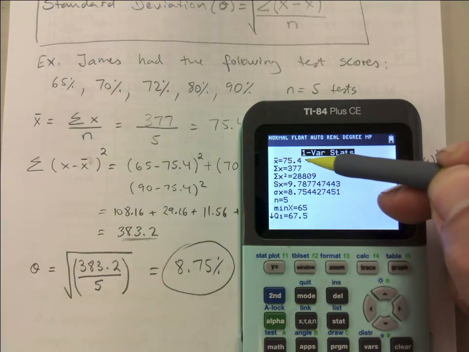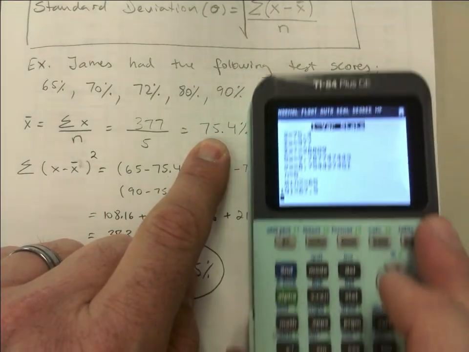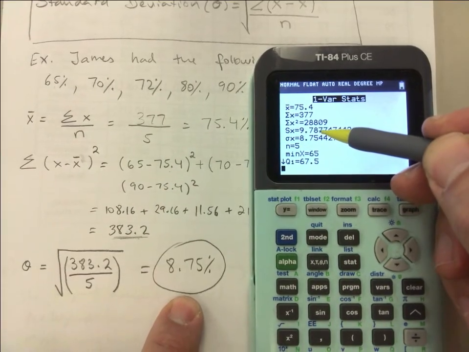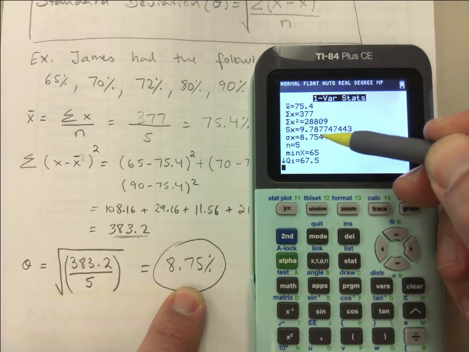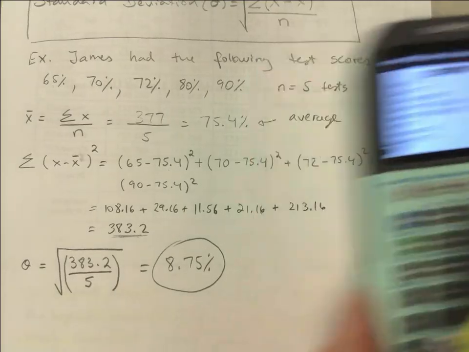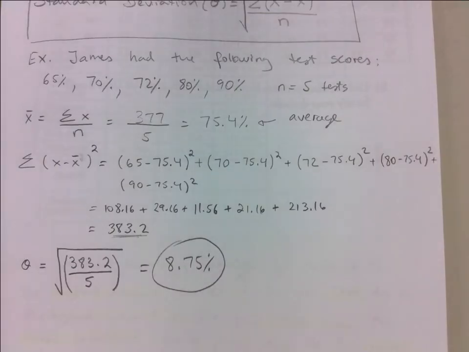First of all, I check my mean. It does add up to what I had, right? 75.4. And I also check my standard deviation, which is 8.75. So that's a way to verify if you want to make sure you did this right, okay? I'm not going to be able to stop you from checking with your calculator, but I will expect some sort of trail of your work